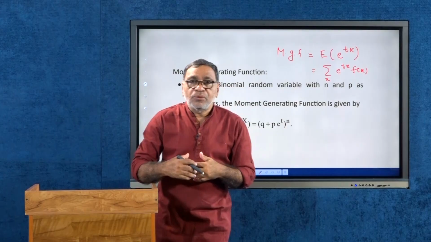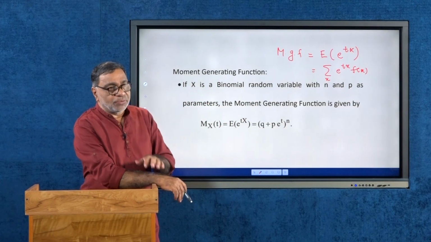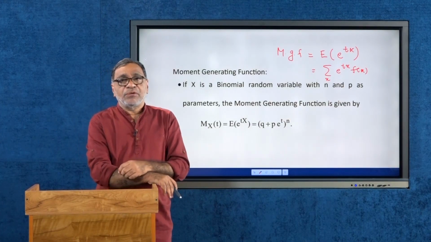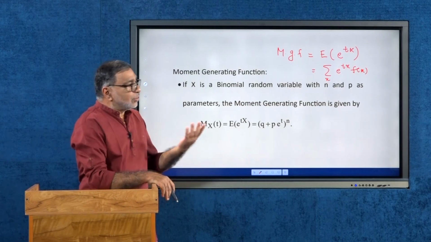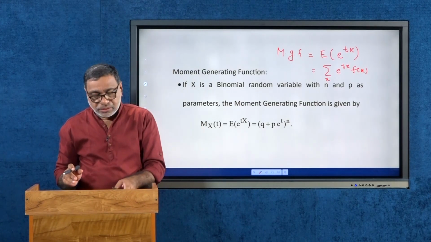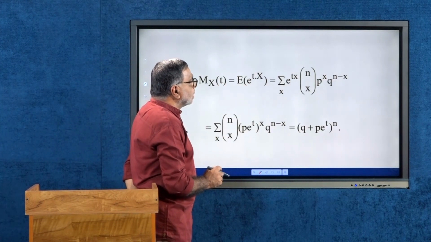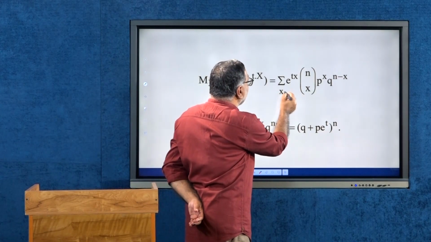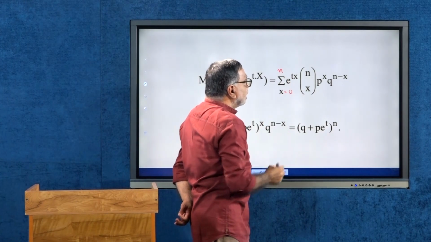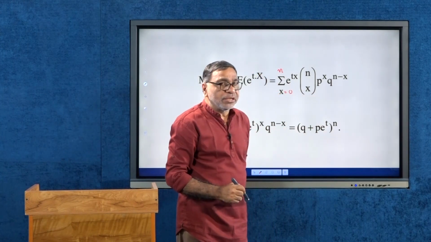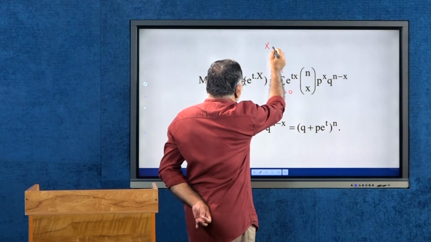And we are going to derive the moment generating function of a binomial random variable. Suppose X is a binomial random variable with the parameters n and p. Then we know f of x. So, M_X(t) is equal to the expectation of e power tX. So, this is the sum over x equal to 0 to n of e power tx nCx p power x q power n minus x. Because if X is a binomial random variable,